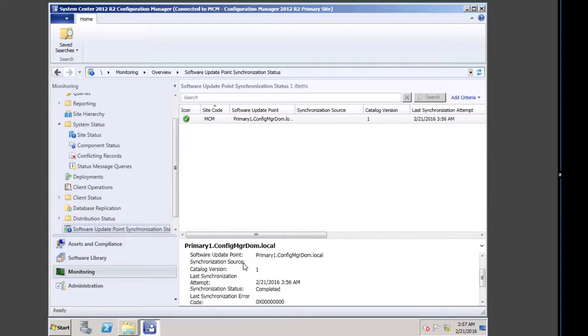We're not synchronizing to Microsoft updates, or to any upstream WSUS server. Okay, so that's the catalog, and that gives you all the information. So this is another cool place to get information. Also, you could